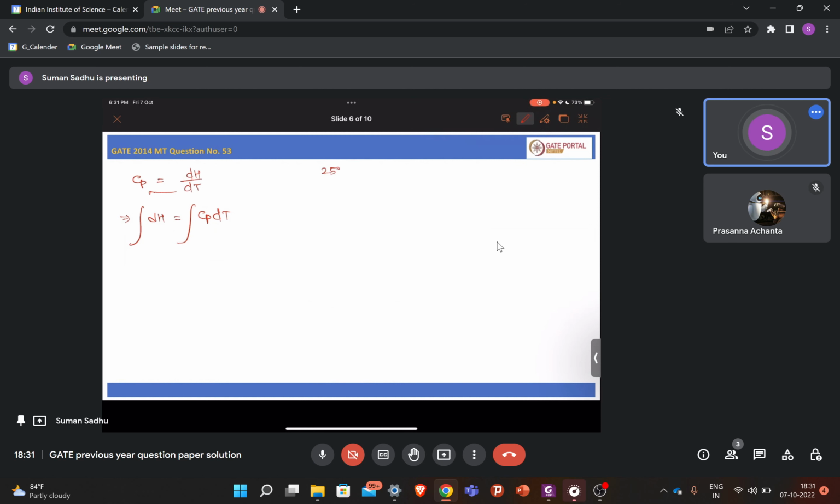From 25 degrees centigrade, that means 298 Kelvin, to 700 degrees centigrade, which means 973 Kelvin. So H at 973 Kelvin minus H at 298 is equal to the integration of